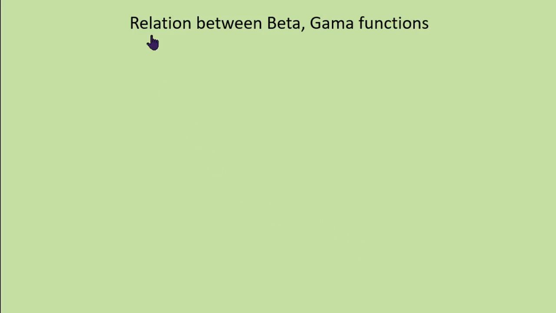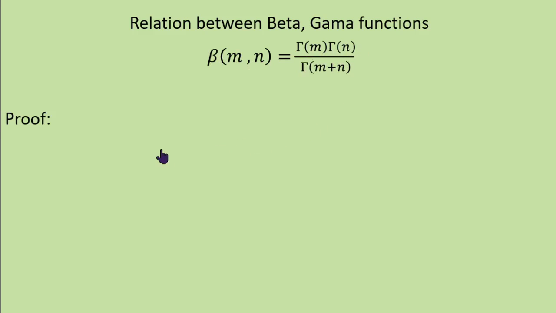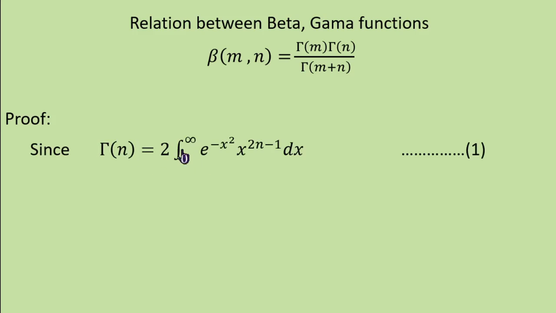Okay. Now, the relation between beta and gamma functions. Beta m n is gamma m gamma n by gamma m plus n. To prove this result, use the second formula of the gamma function and the second formula of beta m n. Gamma m and gamma n. First define gamma n, that is 2 times the integral from 0 to infinity of e power minus x square x power 2n minus 1 dx,